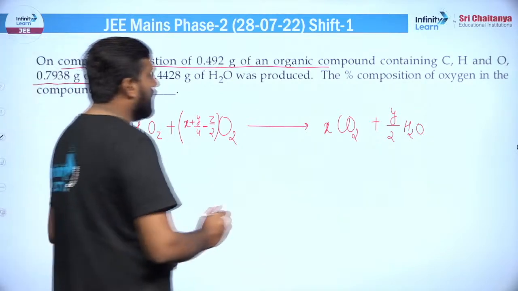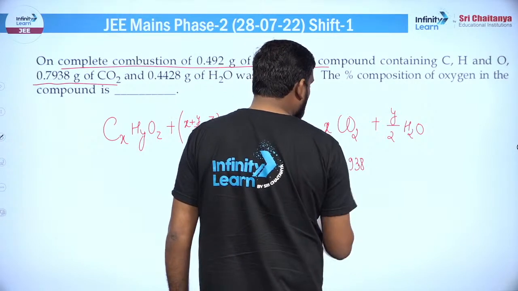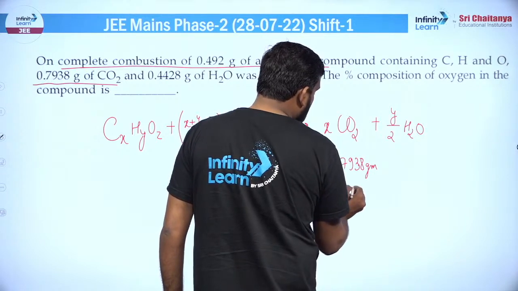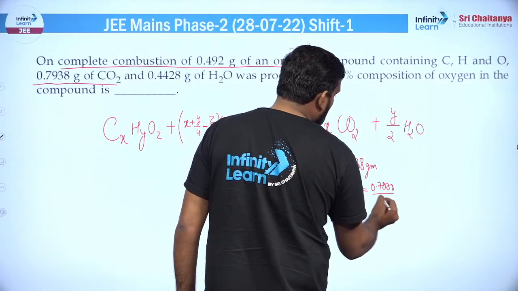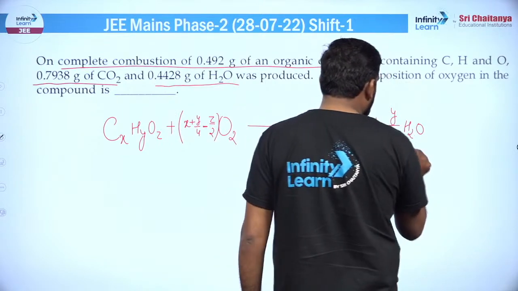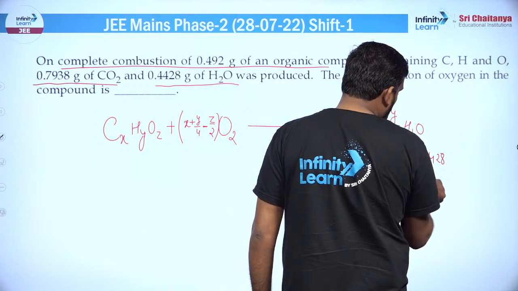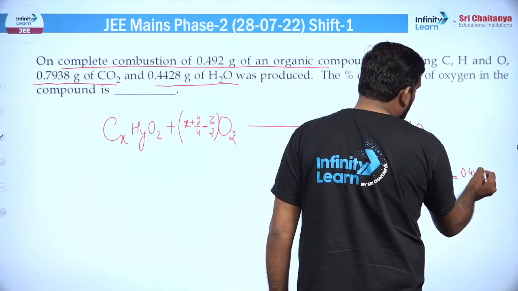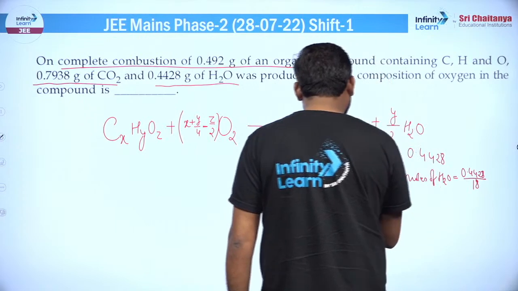चलो अब क्वेश्चन क्या है वो देखते हैं। दिस प्रोड्यूसेस दिस मच ग्राम ऑफ CO2, ठीक है, यानी इसका वेट आपको पता है 0.7938। तो अगर इसका वेट पता है तो इसके मोल्स पता चल जाएंगे। तो मोल्स ऑफ CO2 जो हो जाएगा वो हो जाएगा 0.7938/44, ठीक है। इसी तरह H2O का भी आपको दिया गया है डेटा 0.4428। तो यहां से मोल्स ऑफ H2O भी आपको पता चल जाएगा। तो मोल्स ऑफ H2O जो आएगा वो आ जाएगा 0.4428 डिवाइडेड बाई 18, ठीक है।